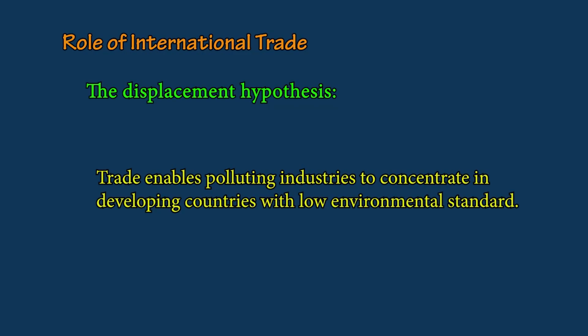So let us first discuss something called the displacement hypothesis, right? This hypothesis basically says trade enables polluting industries to concentrate in developing countries with low environmental standards, right? So it basically shows that the environmental Kuznets curve, or the inverted U-shaped relationship which the developed countries are enjoying, is actually the result of distancing themselves from the emissions or the pollution that is resulting from their own